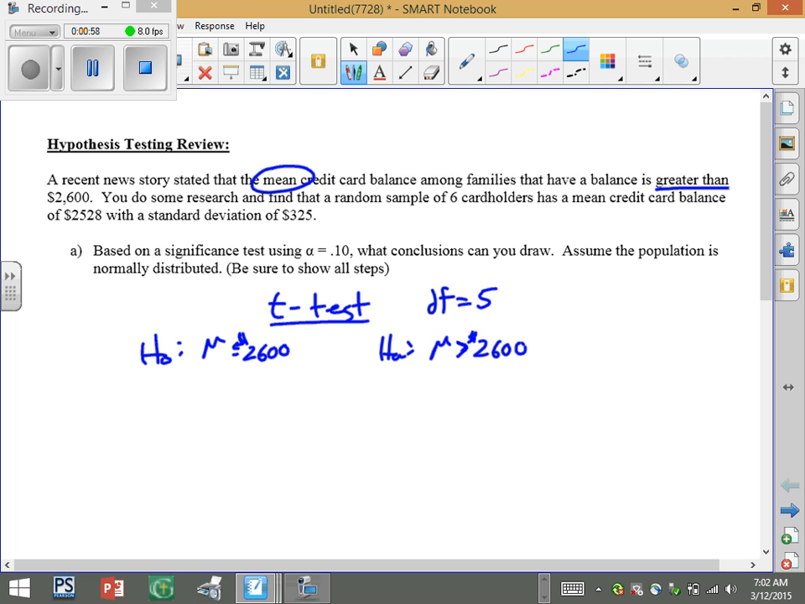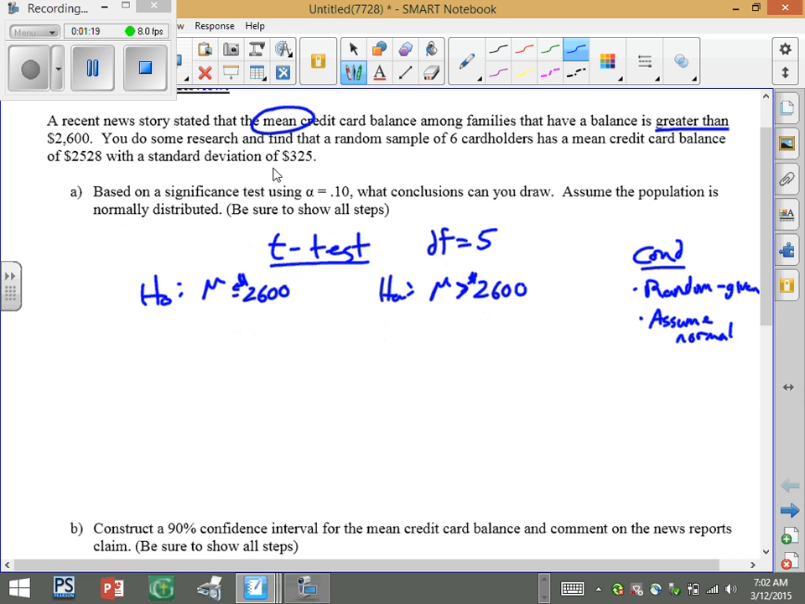So now check conditions. Is it random? And it was. That's given. And then n is not greater than 30, so we're just going to have to assume that this thing is normal. And so we have a small sample size, so we need to make sure that this thing is normal. All right. Now it's a matter of just go to the calculator, plug this stuff in,